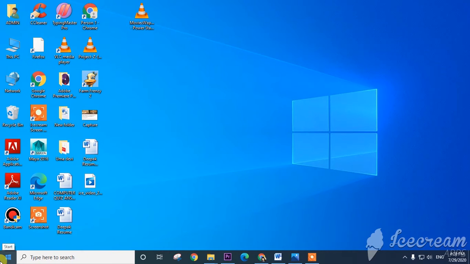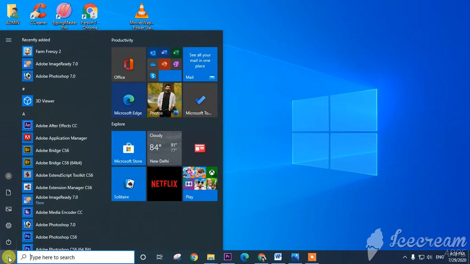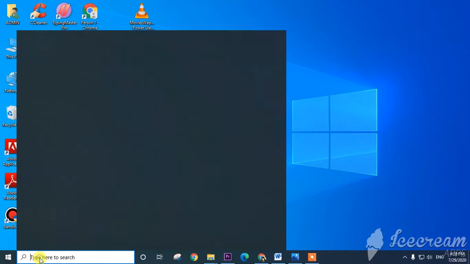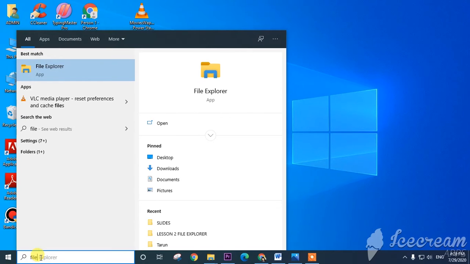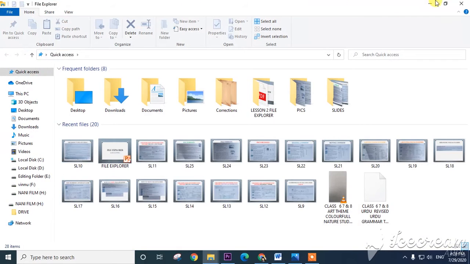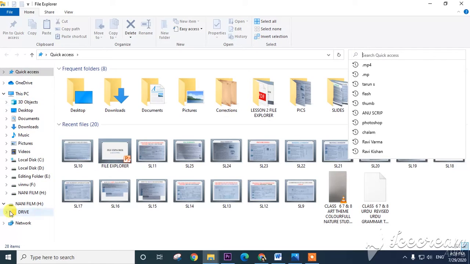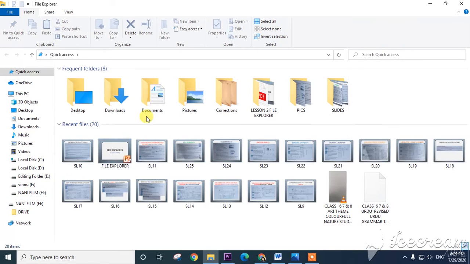See here students, how to open File Explorer. Left click the start button, then right here file, then you can see here File Explorer. Click on that one. This is called File Explorer. Earlier we have discussed what these are. Now you can see here, this is called address bar, search bar, this is called navigation pane, like this. Now this is called File Explorer.